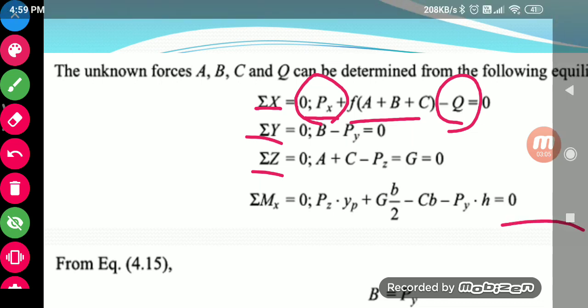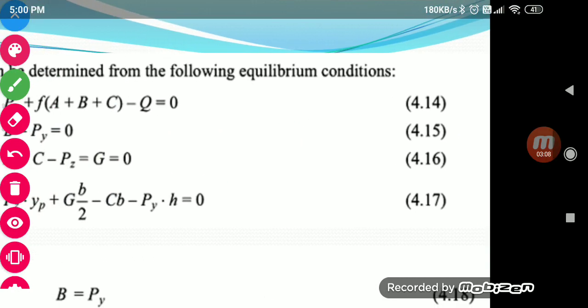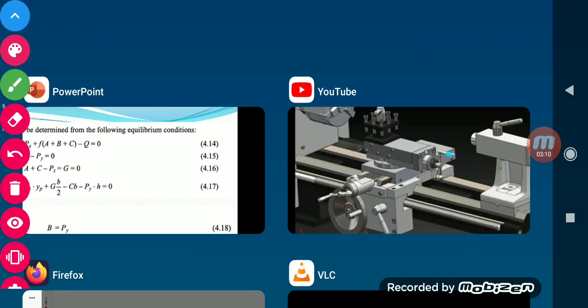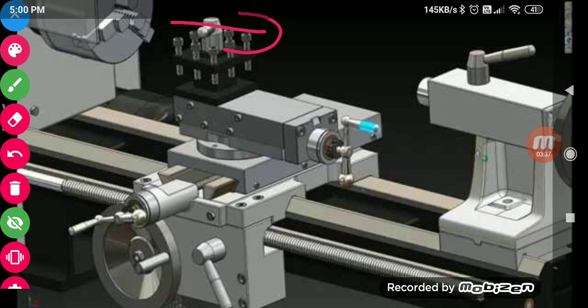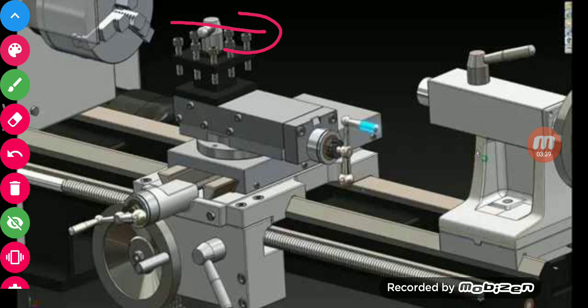For better clarity, let us look again at our three-dimensional diagram. Right here. Now whenever the tool cutting is happening, the force is applied by the tool to the workpiece from the right to the left. Obviously therefore the reaction on the tool would be in this particular direction. It comes from the left and goes to the right. So let us call this force Px.